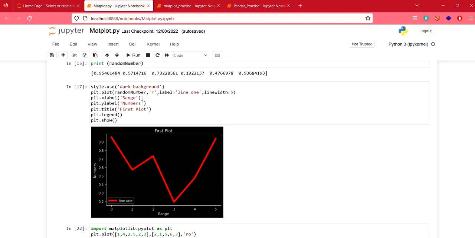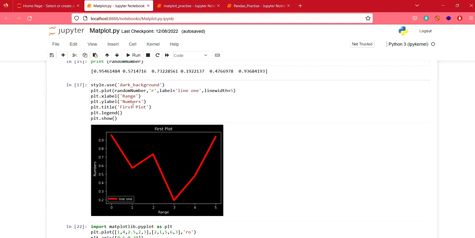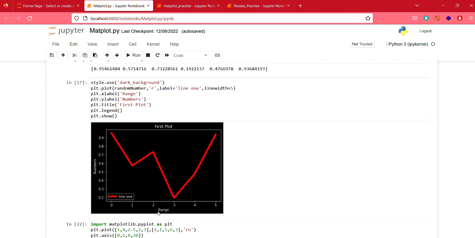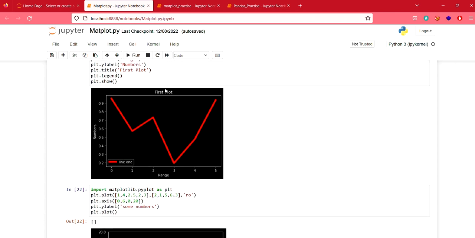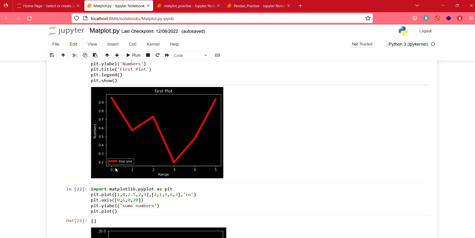I'm plotting the random number with the color R. The label is line 1, the line width is 5, and I'm giving a range and numbers to the X label and Y label. That means I'm taking a value range as the X label and value numbers as the Y label. I'm giving my graph a title, first plot, and I'm using a legend. This is what a legend is, and we can even include a position,